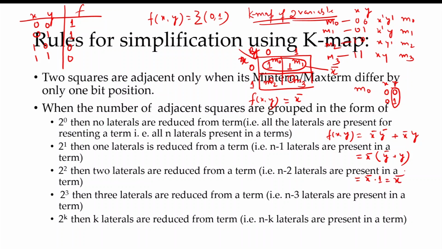Output is the same variable. So either we use a law of Boolean algebra for minimizing the function, or a K-map, after all the output is the same. But here we simply form a group of adjacent squares whose values are 1 in case of SOP, and in case of POS form we form a group of adjacent squares whose values are 0.